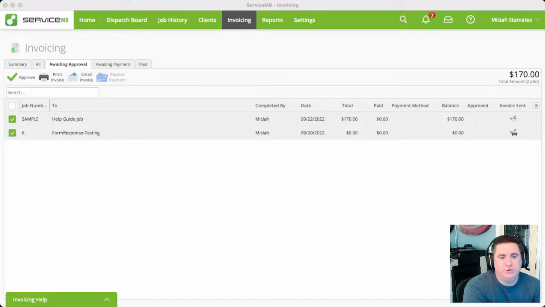So now that it's printed, I'm able to say, okay, great, everything's good to go. Let me go ahead and approve these invoices. And if your ServiceMate account is connected to an accounting package that ServiceMate integrates with, such as QuickBooks Online or Xero, then approving the invoices is actually the part of the process